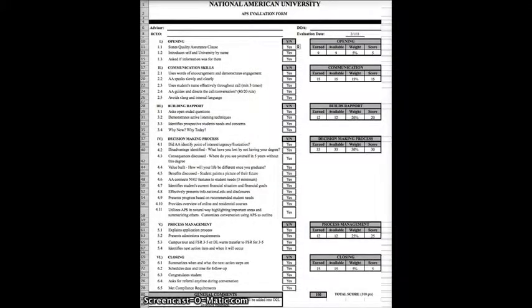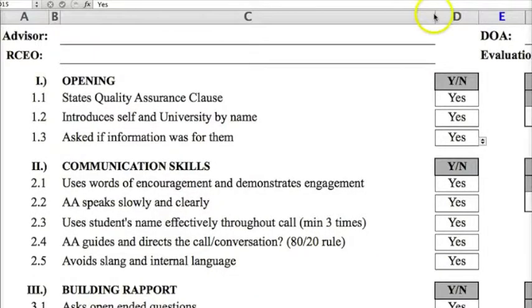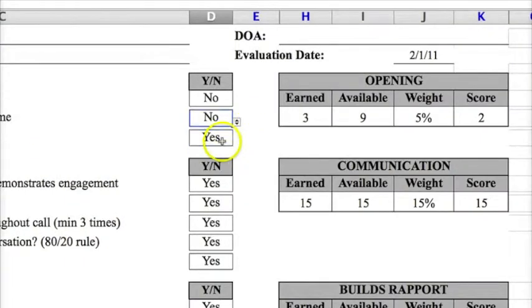This is an APS evaluation form. It is broken into 6 different areas of the APS process, as well as several points to look for within each area. For each subpoint, you will either select a yes or a no from a drop box, depending on whether you felt that the advisor performed to the level you wanted. Every time you update one of these drop boxes, it will affect the overall scoring found on the right of the form for the overall area of the evaluation.